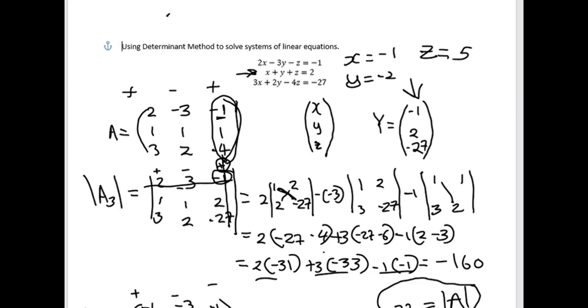So if I substitute, if I say -1 plus -2 plus 5, because we know -1 minus 2 is -3, and -3 plus 5 is 2, which is here. So that's how we can solve a system of linear equations using